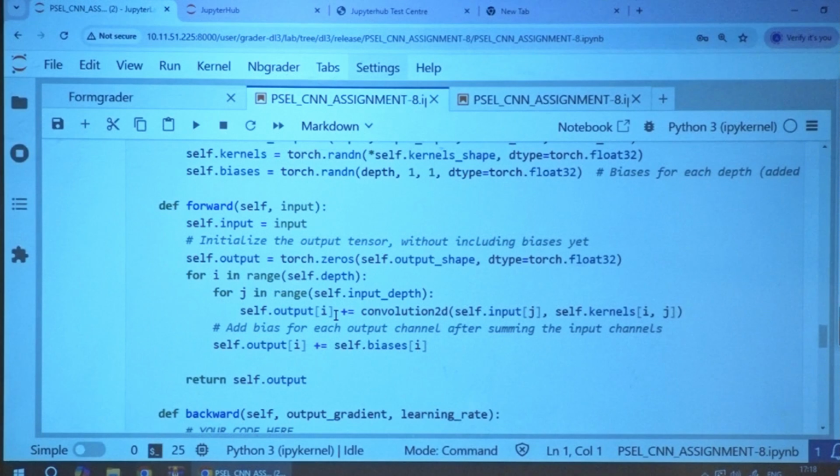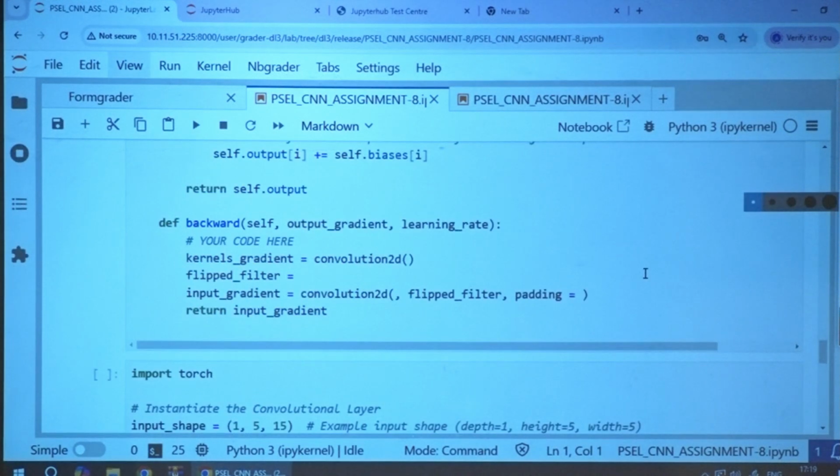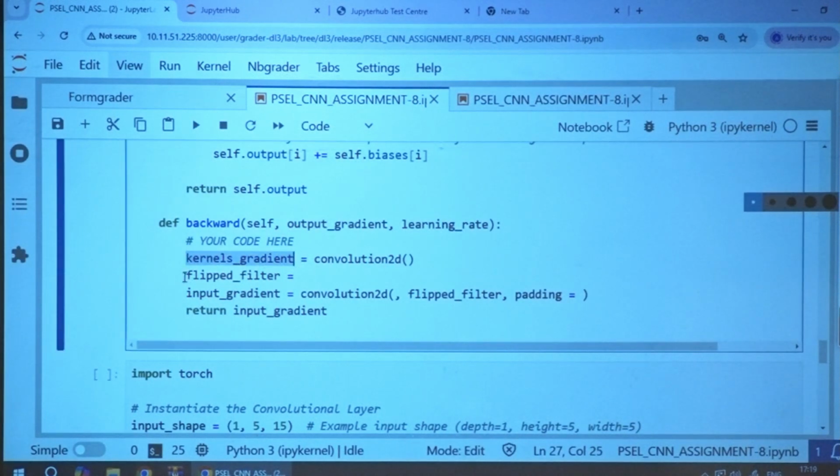Anybody? But the bias gradient should be out of the loop. This is one per output channel only. You cannot keep the bias gradient within the loop. 3 things we need to calculate: kernel gradient, then flipped filter. This flipped filter will help you to calculate the input gradient.